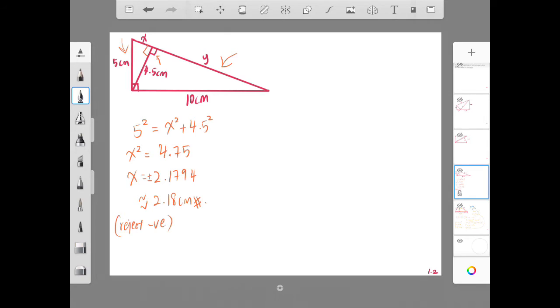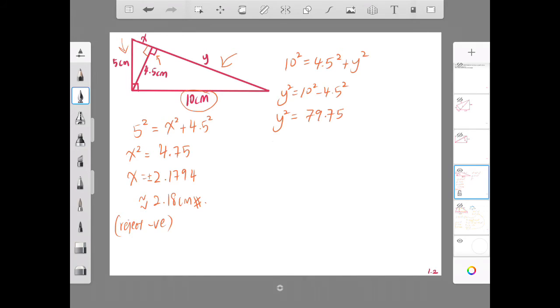Alright, so for the next, the bigger triangle, y is now the side of the triangle, and 10 will be the hypotenuse. So 10 square equals to 4.5 square plus y square, right? So y square equals to 10 square minus 4.5 square. That will give us